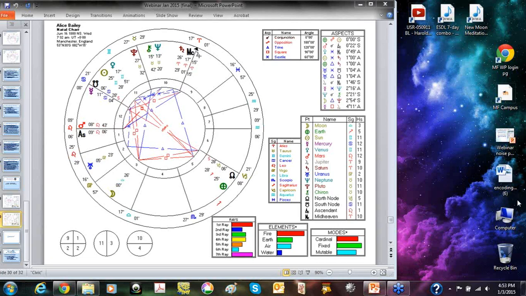Next, I look at the elements. There's a strong emphasis in fire signs, with a secondary and almost equal emphasis both in earth signs and in air signs. Very little in water signs. From an exoteric standpoint, two of the three most important components in the chart, the sun and moon, are in air signs, giving that element as much strength as fire.